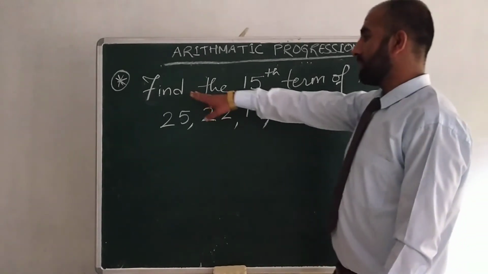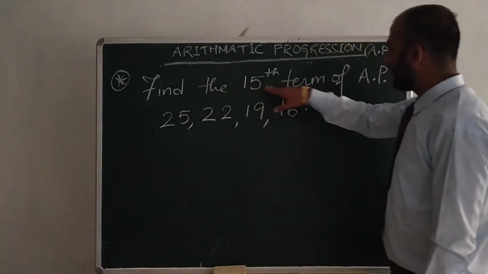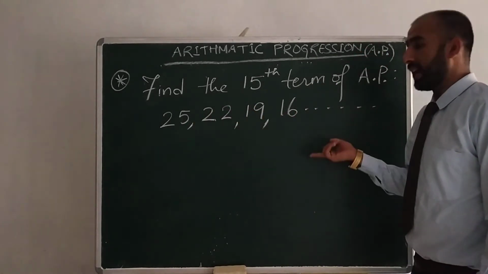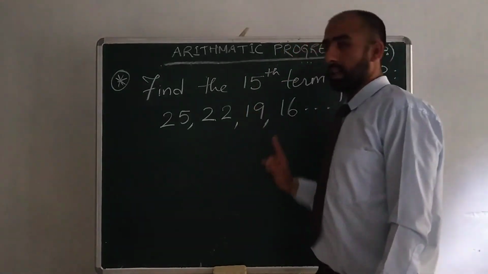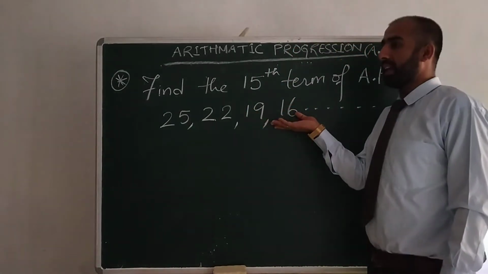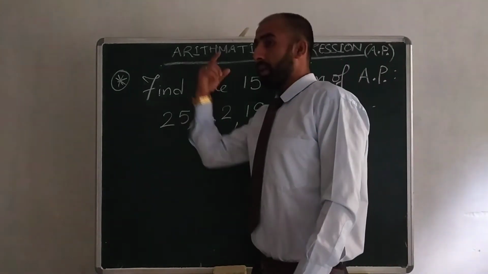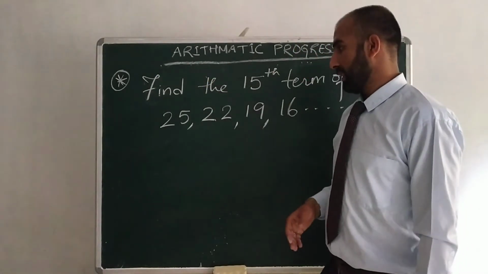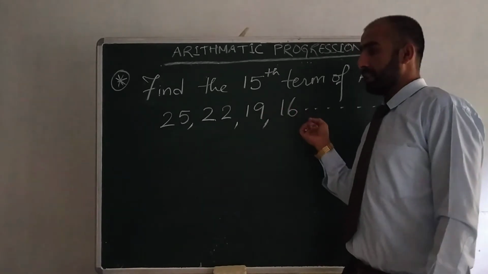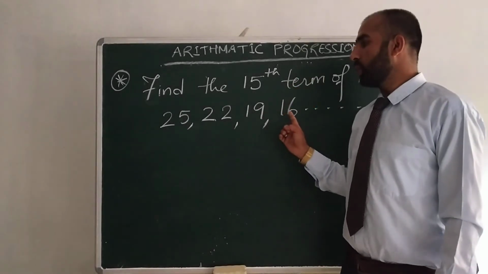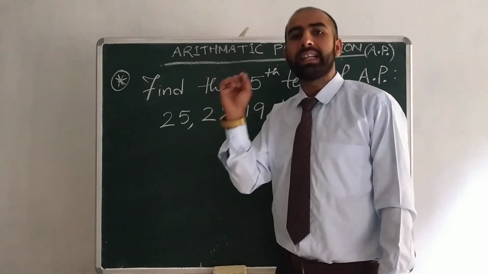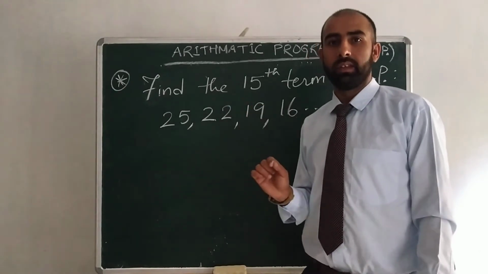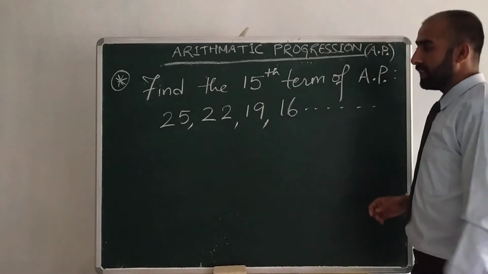Okay, look at this kids. Find the 15th term of the AP. That means one AP is given to us and we are going to find the 15th term. Why am I doing this kind of question again? Here is the catch: in the previous sum we did, the AP was increasing, and in this case the AP is decreasing. So one thing you need to know, as I told you, for a decreasing AP the common difference will be negative. That you need to keep in your mind. Okay, let us continue with the sum.